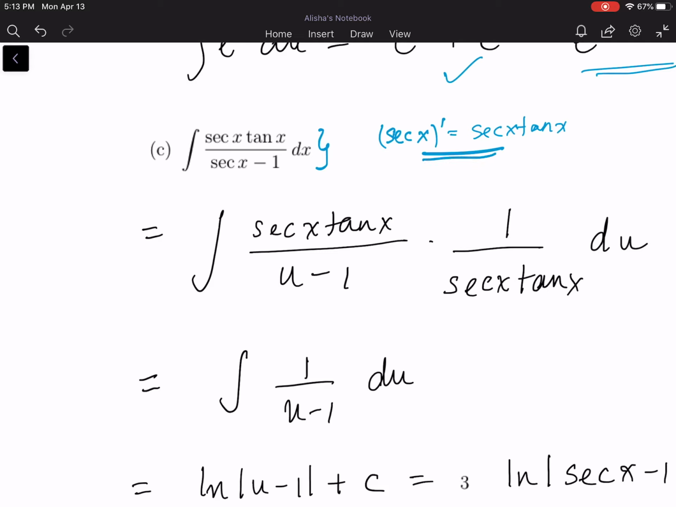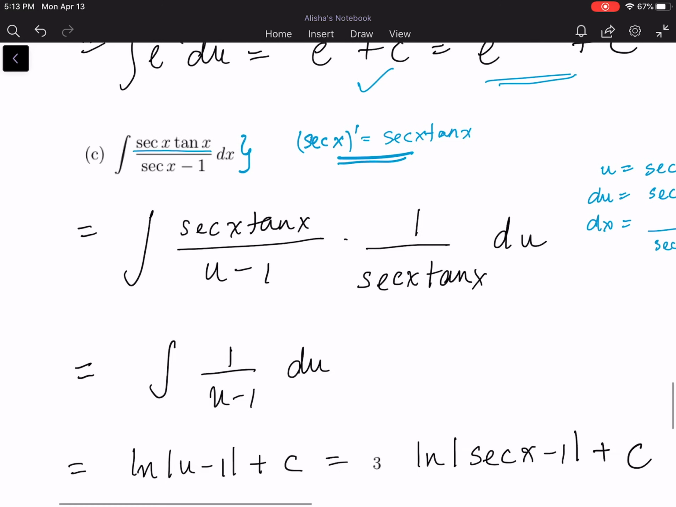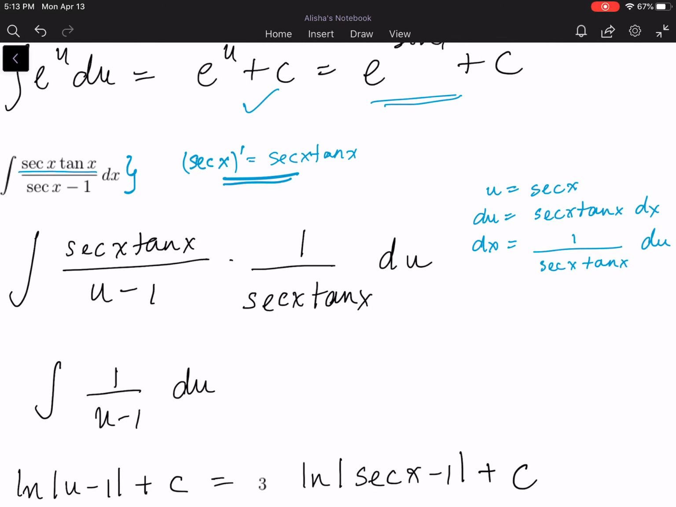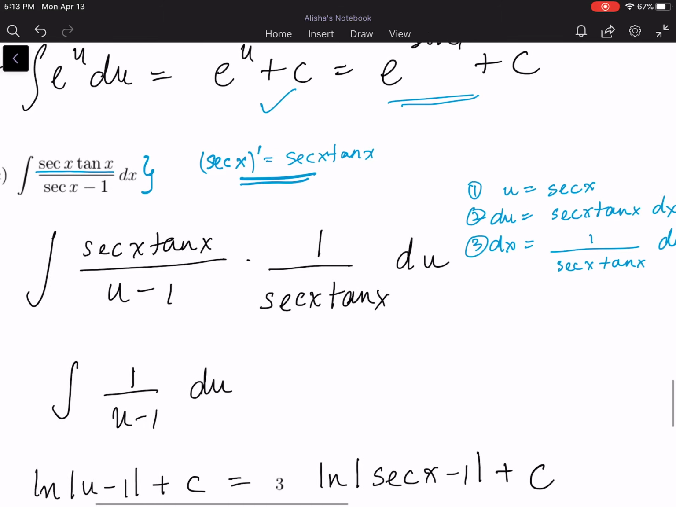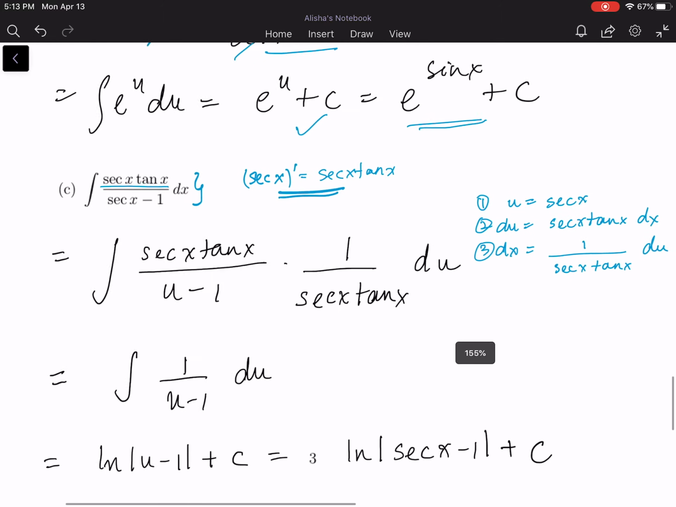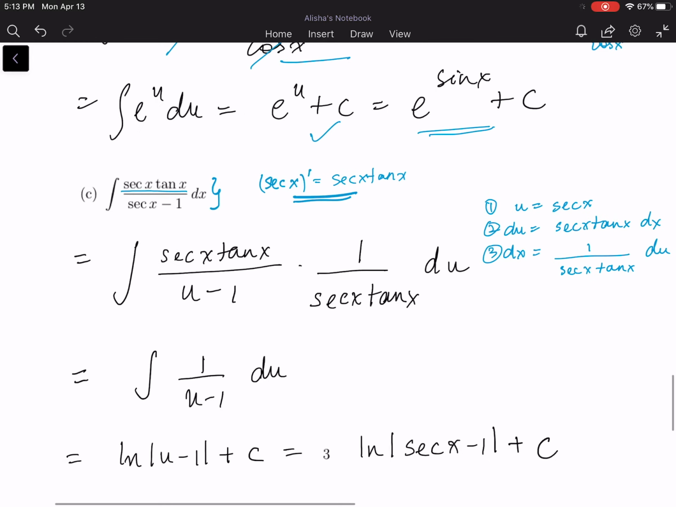Okay, so because I did remember that derivative, and I see that I have the secant x tan x up there, that's why I go ahead and make this substitution, u equals secant x. So first step, that's the substitution. Second step, du. Third step, solve for dx. And then going back to our original integral and plugging things back in,